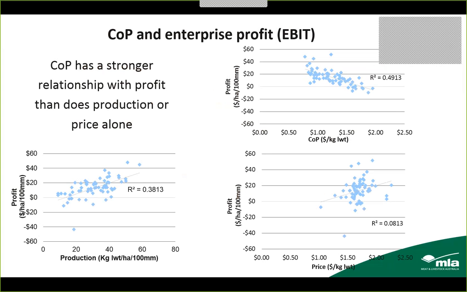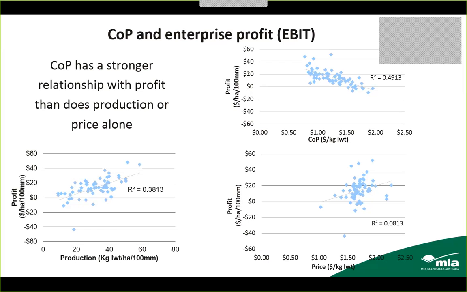Okay, so I've got three graphs up here, and we're still on the theory. I just want to talk to this for a little while. I want to talk to cost of production and enterprise profit, and we're looking at profit in terms of dollars per hectare per 100 mils. Now, what I've got here is three relationships. This data is out of the Holmes Sackett beef benchmarking data set, and I just wanted to look at the relationship between a range of